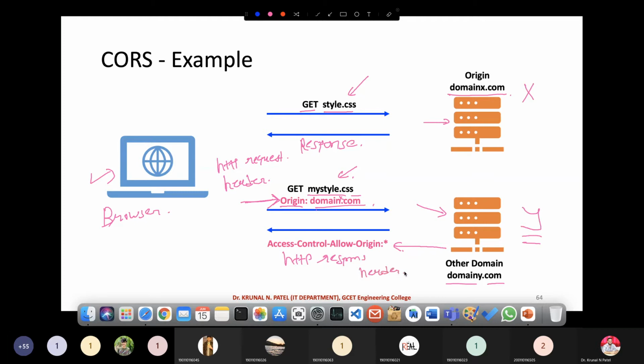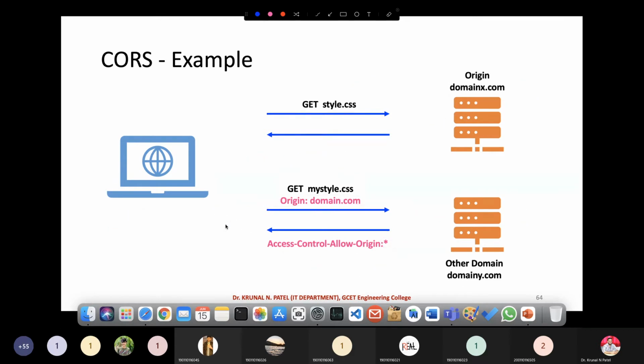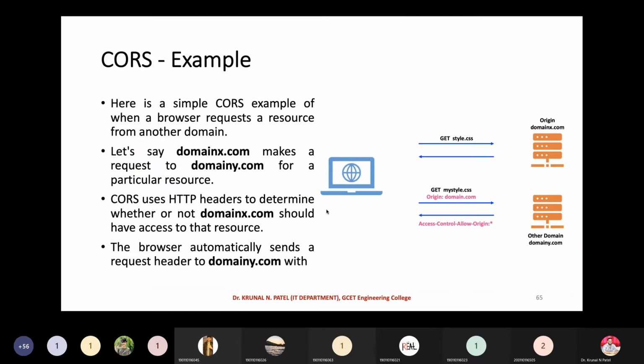Here star is allowed. The developer has set the star, so you can access this site from any other domain. Now this response comes back to our web browser. So this is the whole process of CORS.